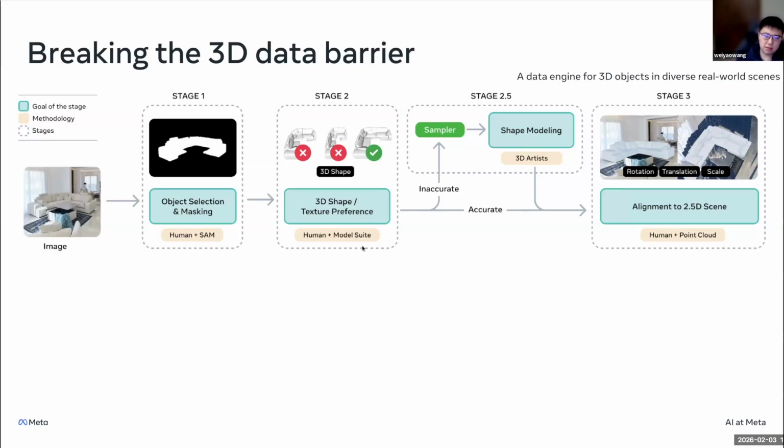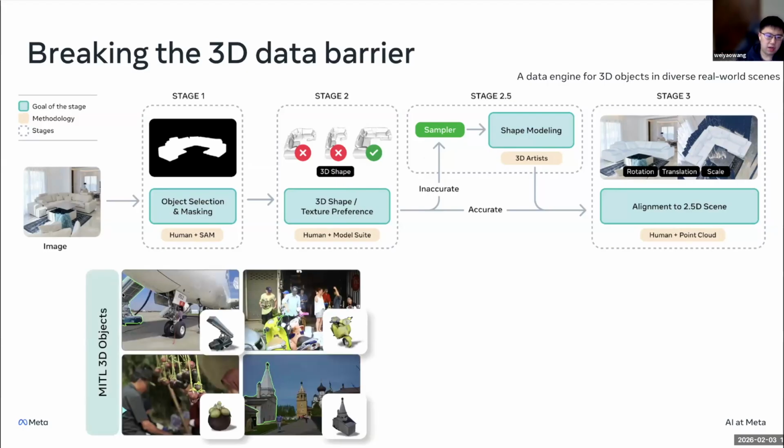But the problem is that getting this 3D shape is pretty difficult. If you think about not doing this selection-based algorithm, asking humans, myself included, to annotate such a 3D shape would be very, very difficult. So a key insight here is that you can move from asset creation by humans to asset verification. The human only needs to pick the best ones, like rejection sampling. As a result, we're able to collect this data in the real world. You can see these are pretty challenging and different from what you saw before with the asset generation style of images.